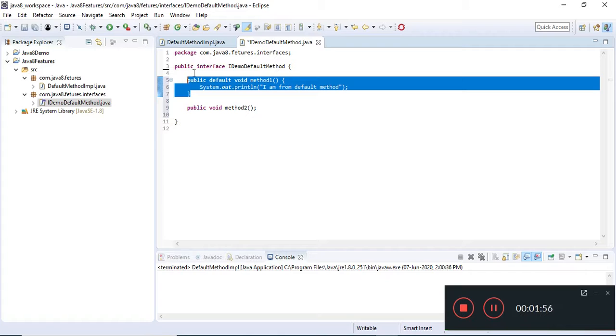So now, why do we have default method in our Java interface? In an enterprise application, one interface can be implemented by hundreds of classes. As time goes on, there is a requirement to change the functionality of the application, and at that time we need to introduce a new method. If we introduce an abstract method in our interface, all the implementing classes need to implement that particular method.